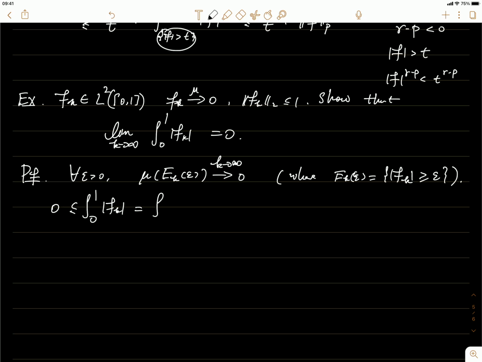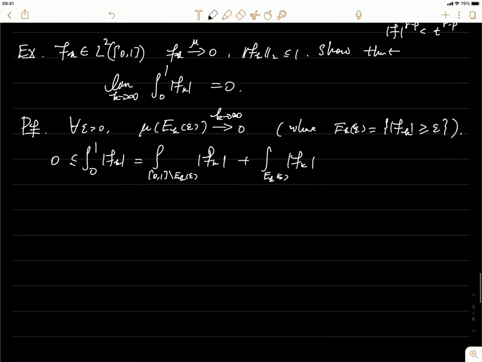And I separate this into two parts. One part is everything outside Ek epsilon. And the other part is just the integral over Ek epsilon of Fk. Okay, so I know that over this set, the Fk has a value less than or equal to epsilon, right? So this is less than or equal to epsilon times the mu of this set plus